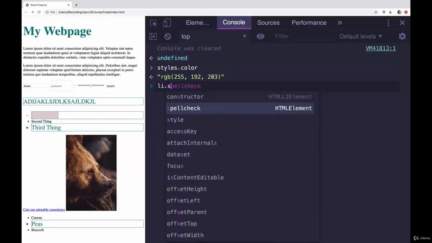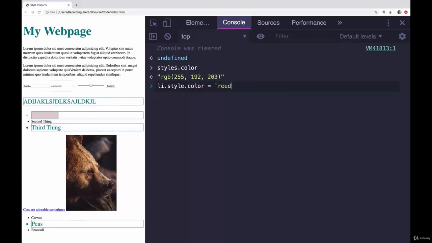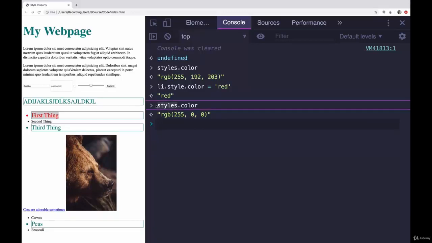If I change the li.style.color is now equal to red, and we do styles.color again, now we have the RGB for red. 255 red, 0 green, 0 blue. So this object now that we got from getComputedStyle, I'm calling it styles, will contain all of the current updated styles. And computed means that sometimes these styles may come from a style sheet, sometimes they may come from JavaScript,